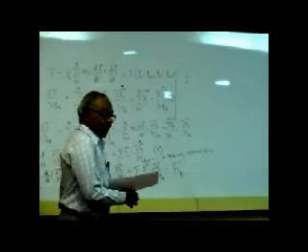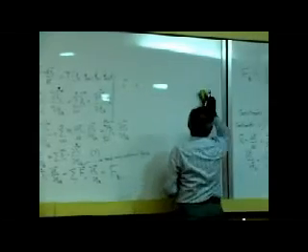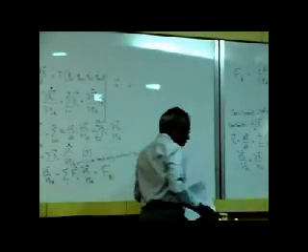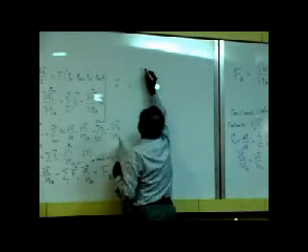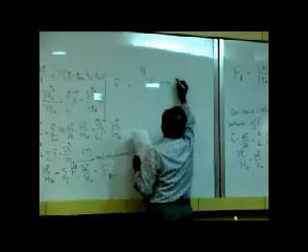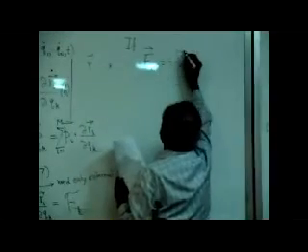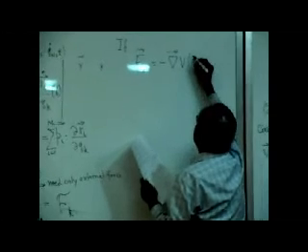For the case in which the external forces can be written as a gradient of a potential, if the external forces F_i can be written as minus del times the potential V(r1 to rm),